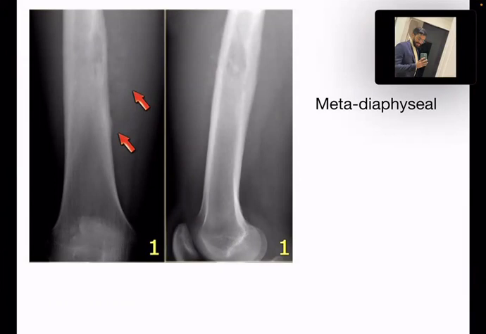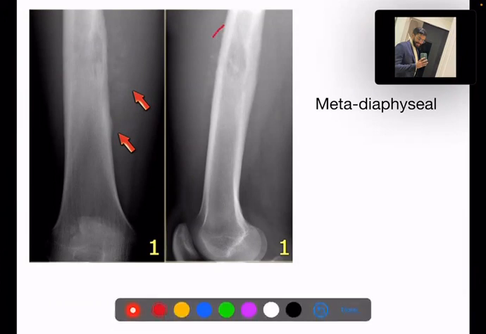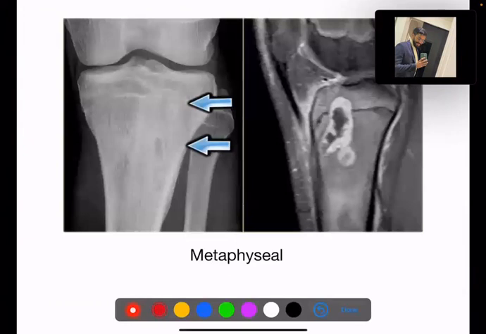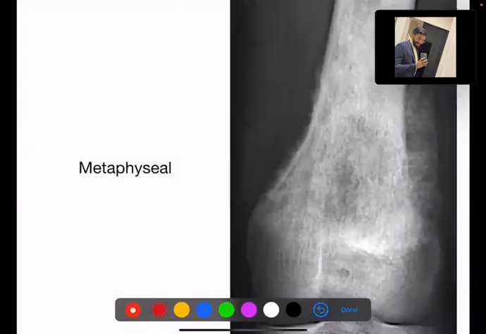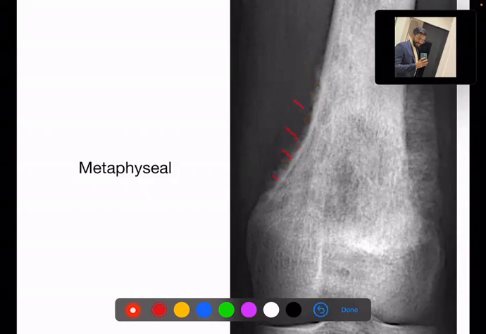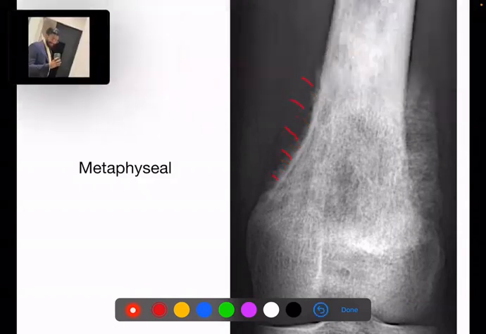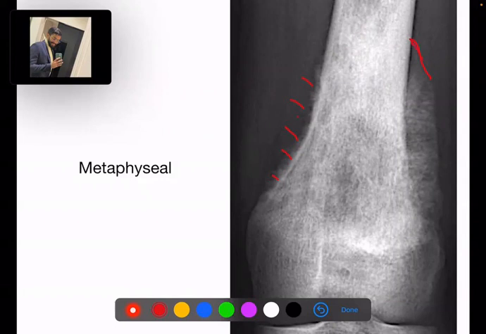Thus it will take more time than sarcoma. So this is the Codman triangle. Here you have a sunburst appearance, right? This is a proper Codman triangle, and this is an osteosarcoma. Usually the Codman triangle is related to osteosarcoma, sunburst usually with osteosarcoma. But Ewing